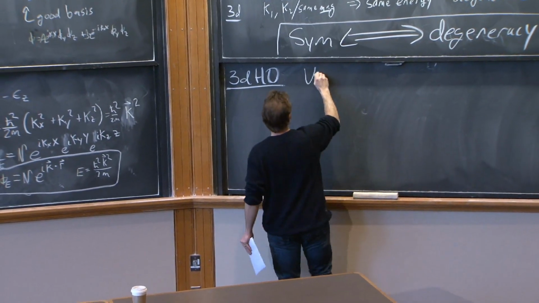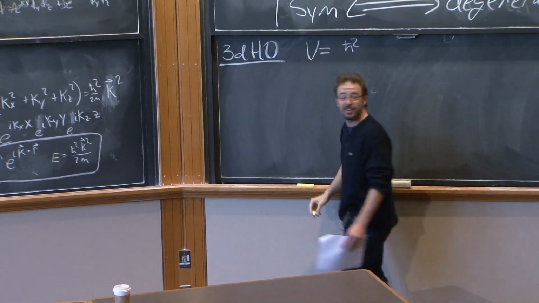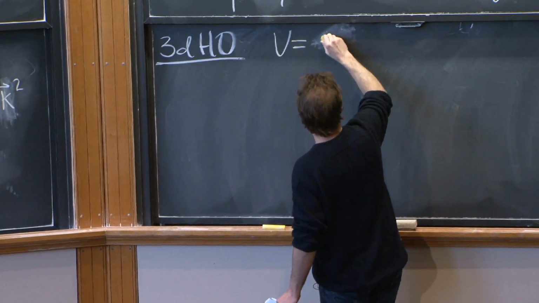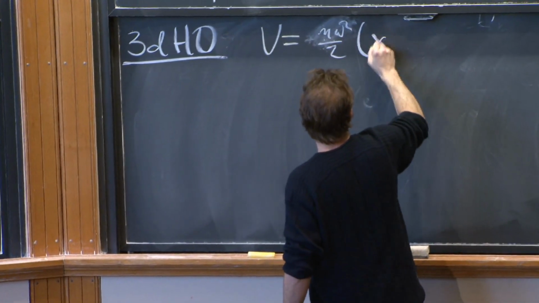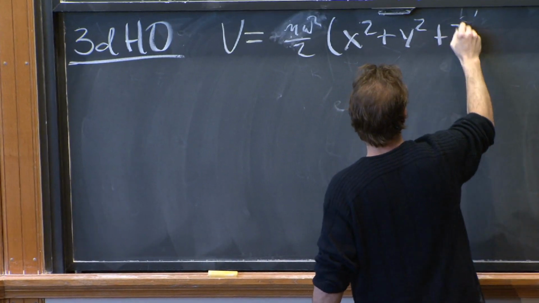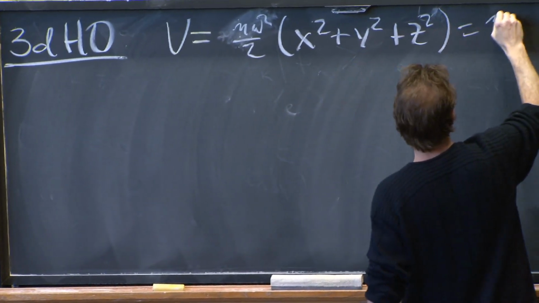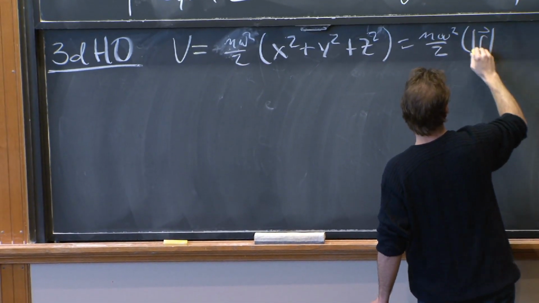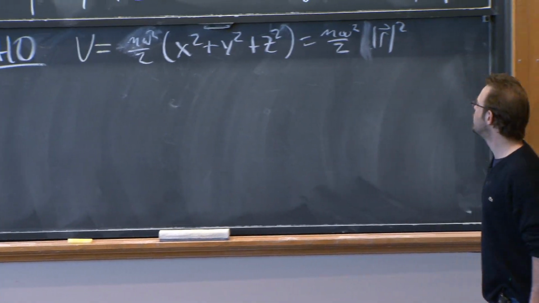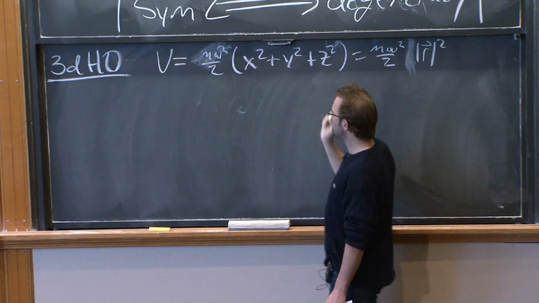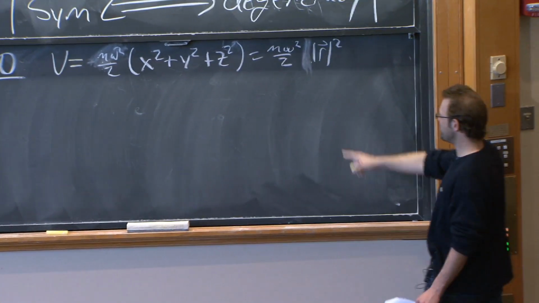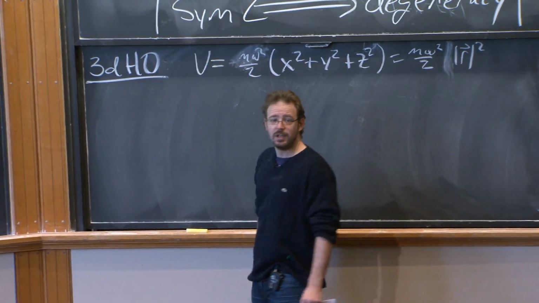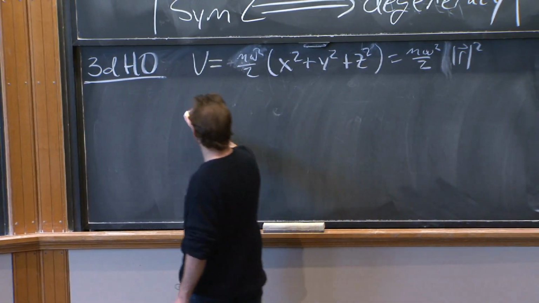So for the 3D harmonic oscillator, the potential is, and let's pick, for fun, the rotationally symmetric 3D harmonic oscillator: m omega squared upon 2 times x squared plus y squared plus z squared. This could also be written m omega squared upon 2 r squared. So I could write it in spherical coordinates or in Cartesian coordinates. This is really in vector notation. Doesn't matter. It's the same thing. 3D harmonic oscillator. So what do you immediately deduce about the form of the energy eigenfunctions?